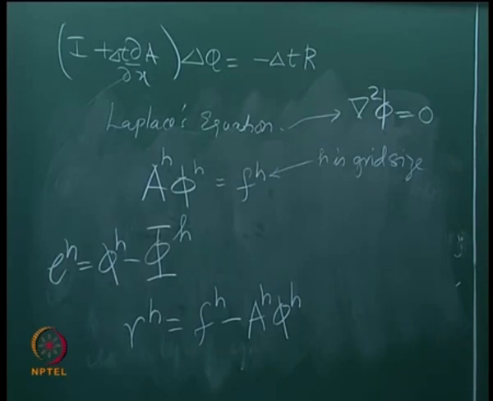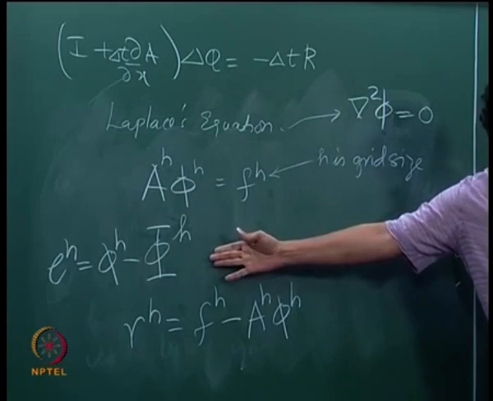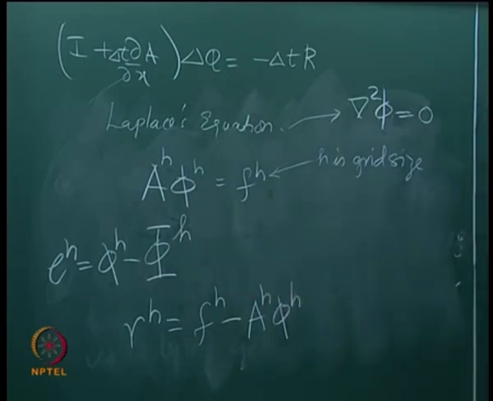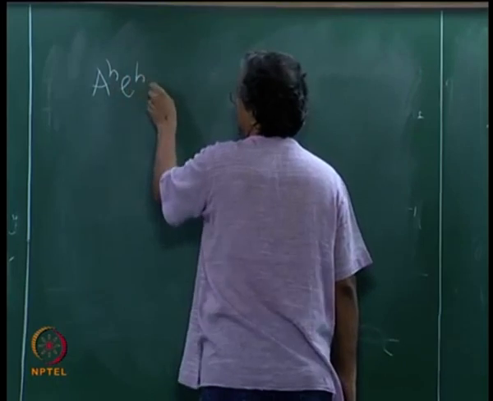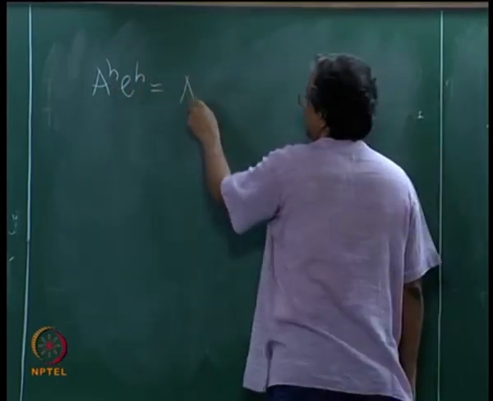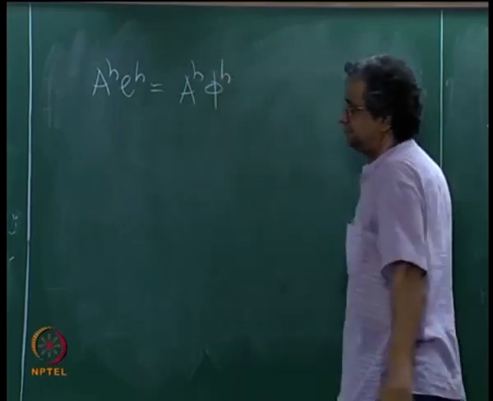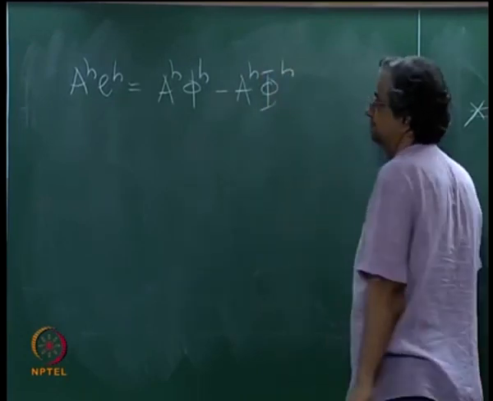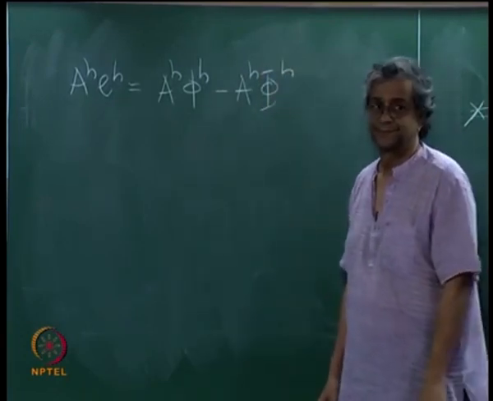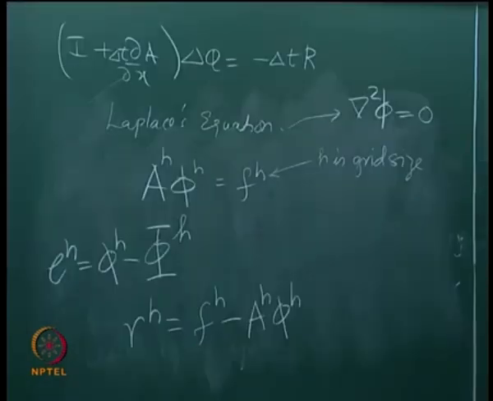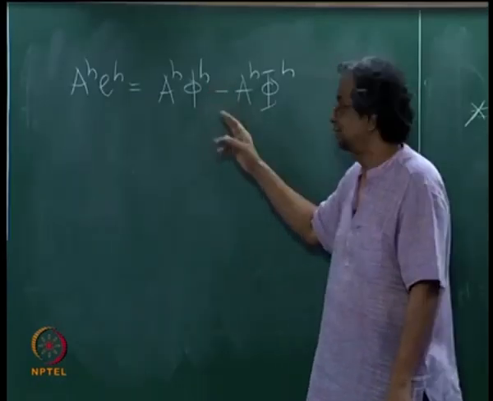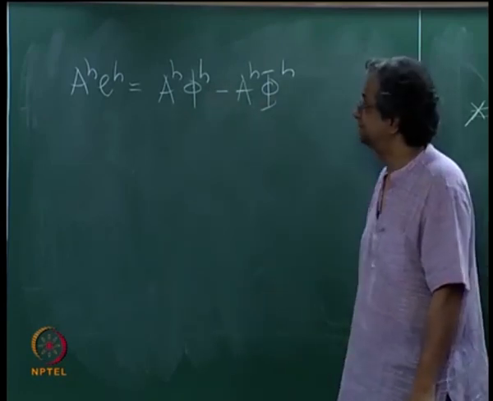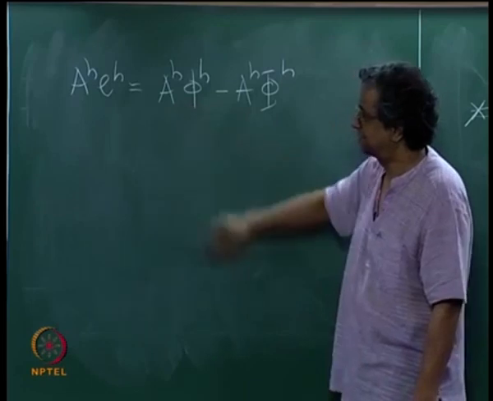So what am I going to do? I am going to multiply this by AH. So I get AH EH equals AH phi h minus AH phi h. I have not done any linearization. Really the original equations are linear, but it helps that the system of equations is linear, right. So I am using that fact here, it distributes over it, and this AH FH is